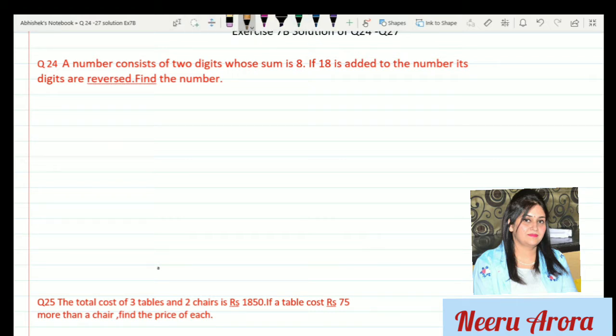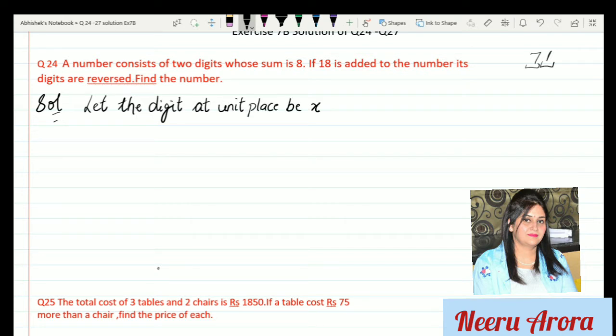So here we want to find a two-digit number whose sum of the digits is 8. When we are writing any two-digit number, suppose 71, so 1 is at the unit place and 7 is at the tens place. So let the digit at unit place be x, and the digit at tens place